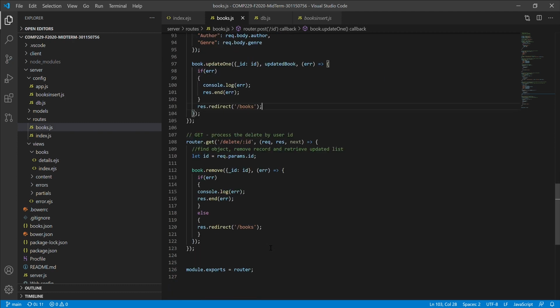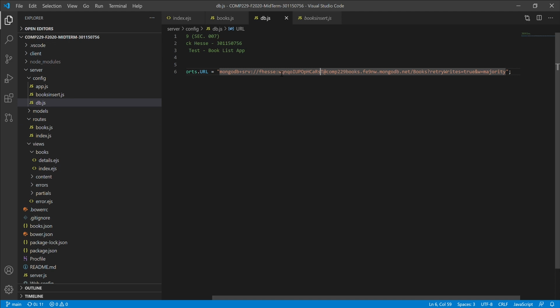Something very similar, the get method for the delete based on the ID that we're going to retrieve. We remove that record and we refresh the list of books. Alright, this is how